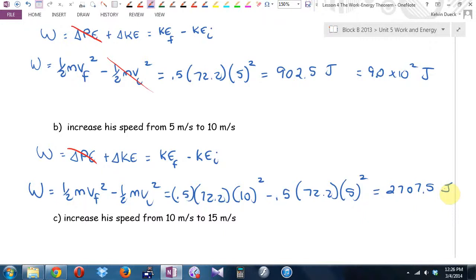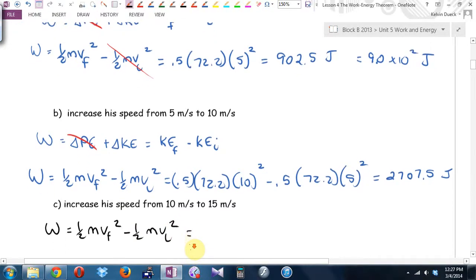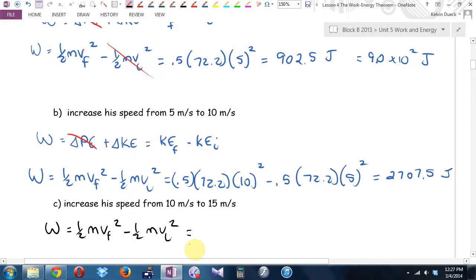You see, it's not even that it's not canceling out, because let's look at increasing his speed from 10 to 15. Let's not walk through all the work, no pun intended. Let's just go straight to a half m v final squared minus a half m v initial squared. For still a 5 meter per second increase, it's not going to be 2,707.5 either. It's going to be a half